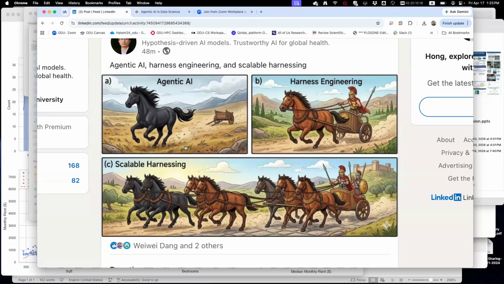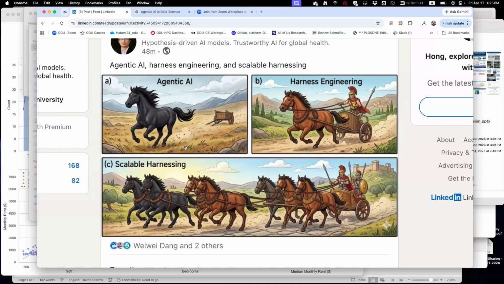It basically shows you what agentic AI is. Agentic AI is almost like raw horsepower running around. It's really hard to get it to do what we want. Like in this case, if we want it to pull that cart, you have to do something right. Put a so-called harness on that raw horsepower, and then you actually get the task done. But that's a very simple task.